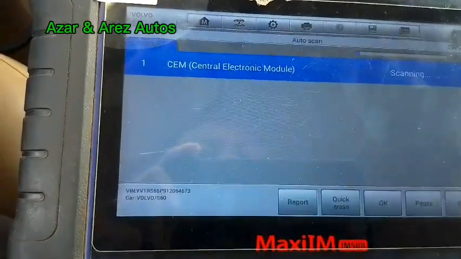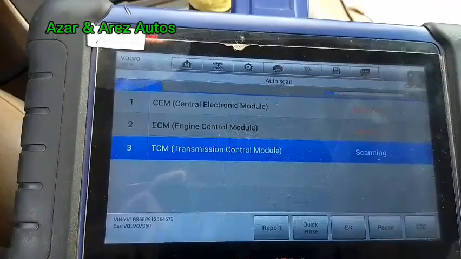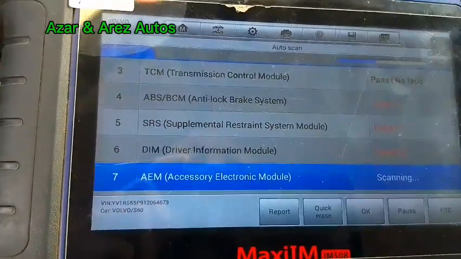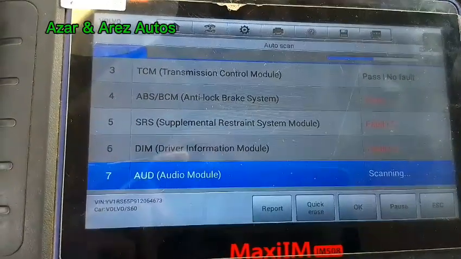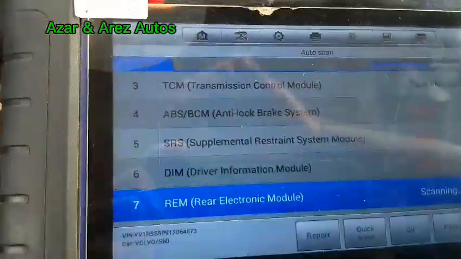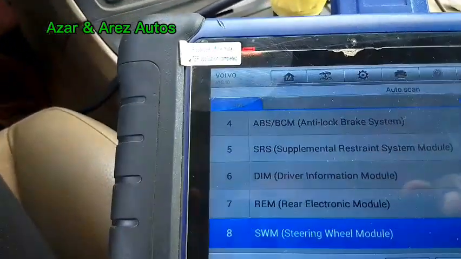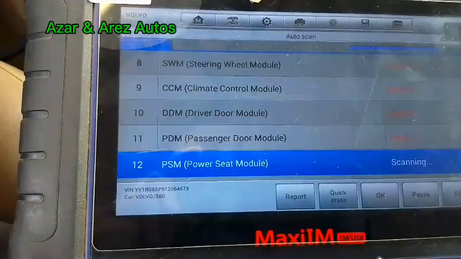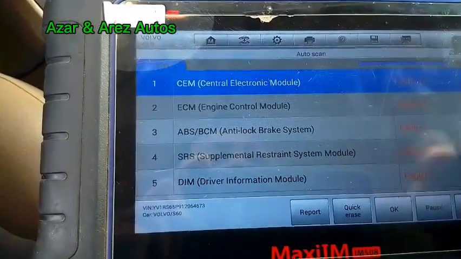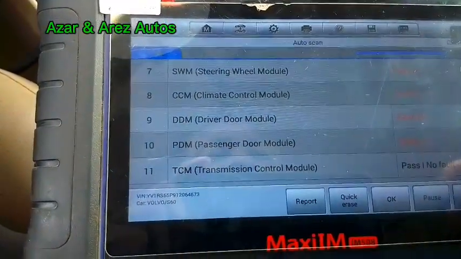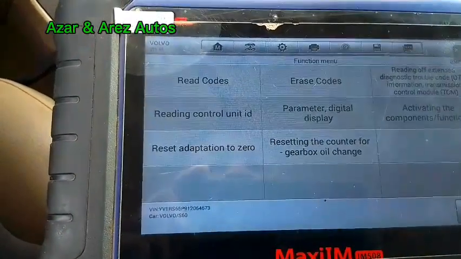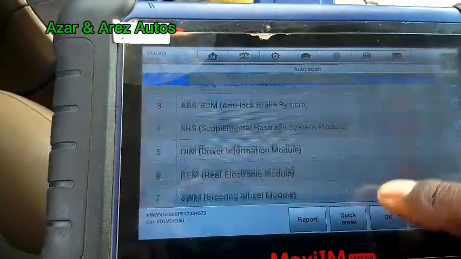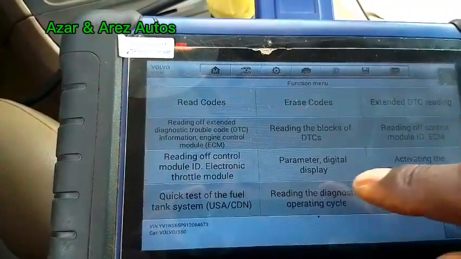So I initially did the scan before I started the recording, so I just want to redo the scan again so that you will see the error codes there. Okay, funny enough, the transmission didn't show any error code. But meanwhile, the engine control module has an error code